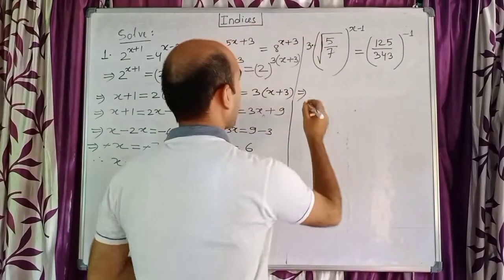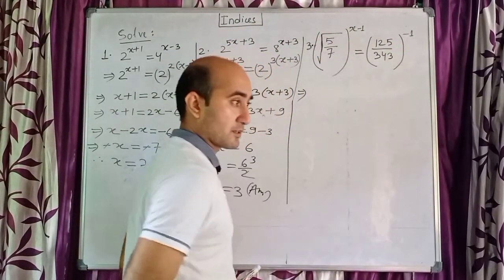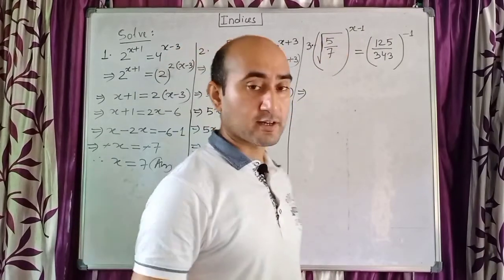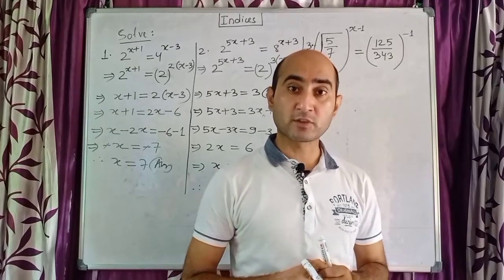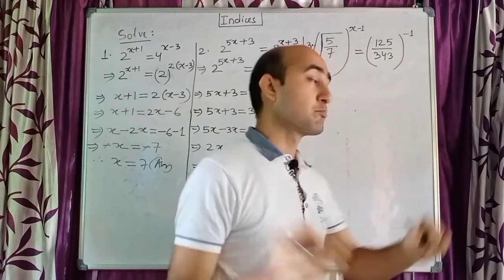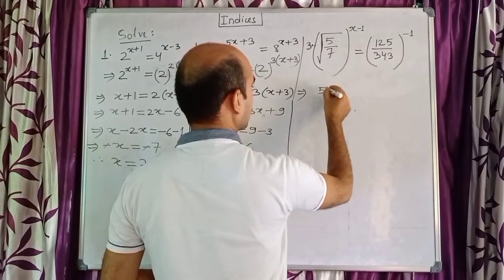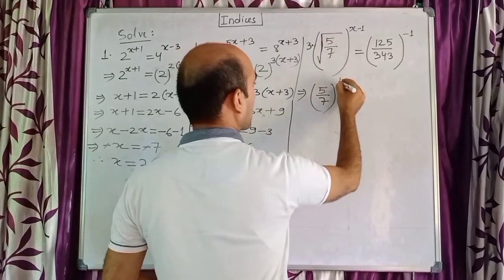So now my first duty is this: here there is a root over, here there is no root over. So you try to remove this root over, and I have told you children in this chapter, to remove the root over you need to write 1 by 2 on the power. Then when you write 1 by 2 in the power, the root over is removed. So I will write 5 by 7, and to remove the root over I am going to write 1 by 2.